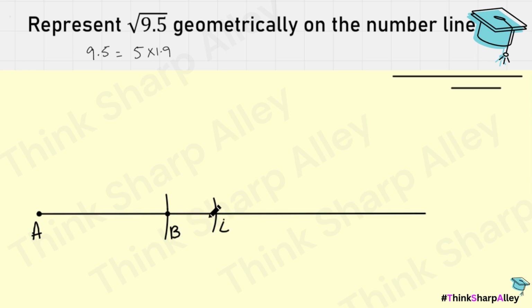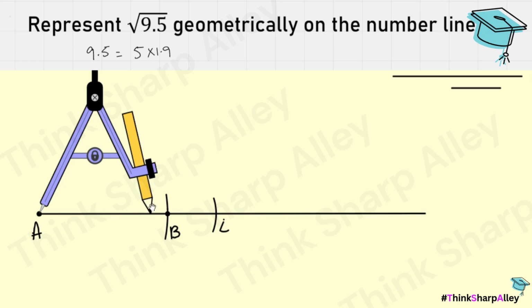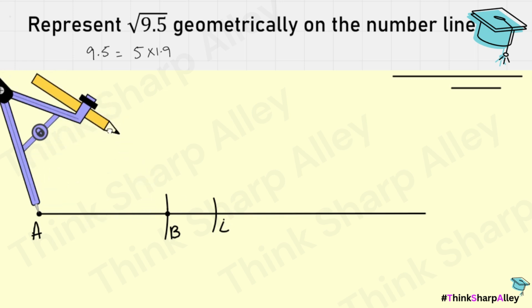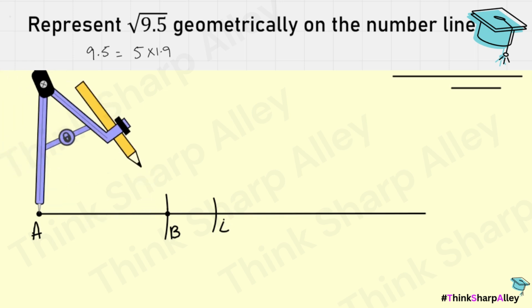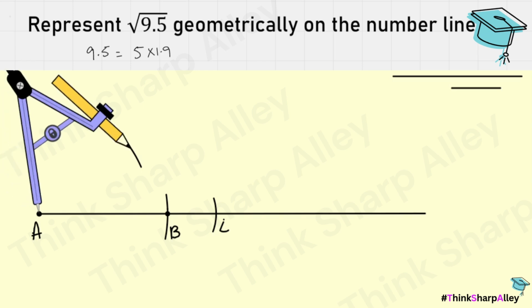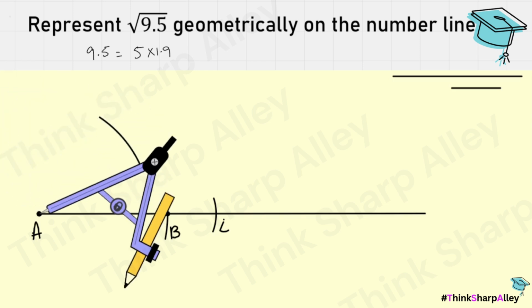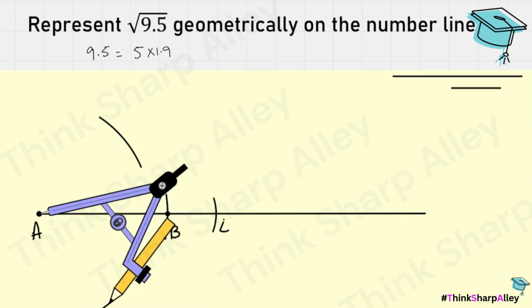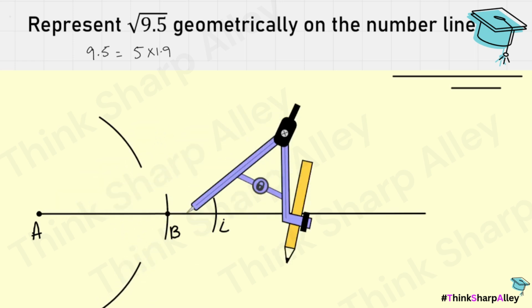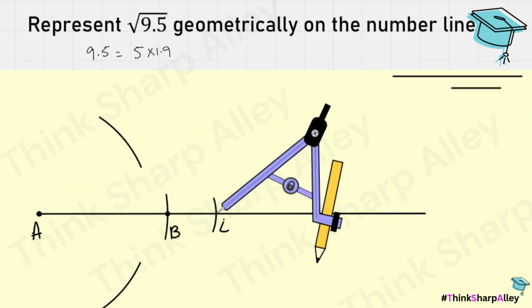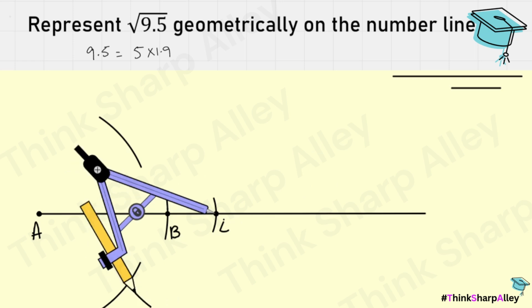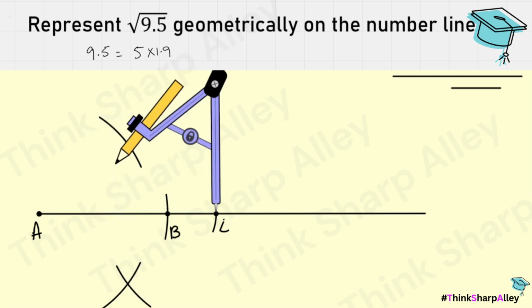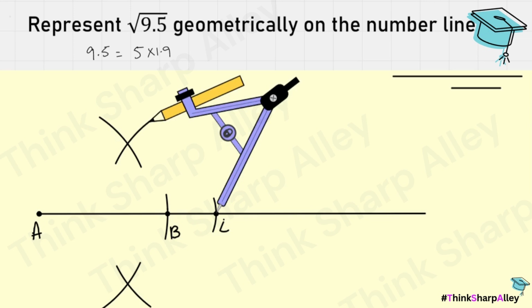BC is 1.9 cm. Next I will take the perpendicular bisector of AC. So this is more than half of AC. And so one arc over here, another arc down, then I'll place the compass at C and cut those previously drawn arcs to make a perpendicular bisector. So now my perpendicular bisector is ready.